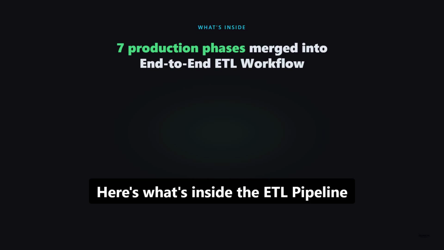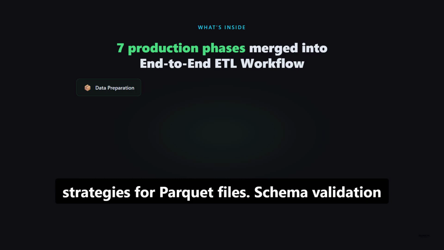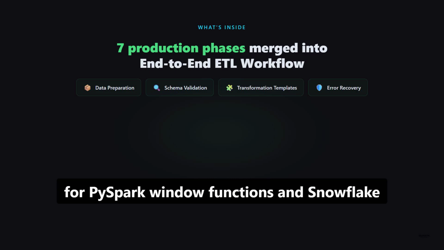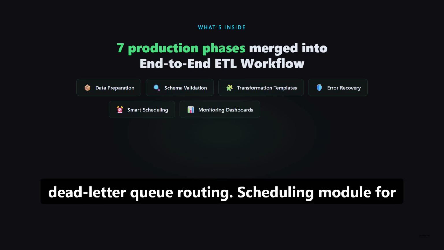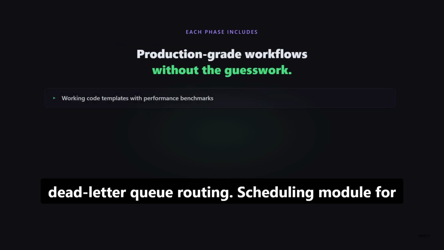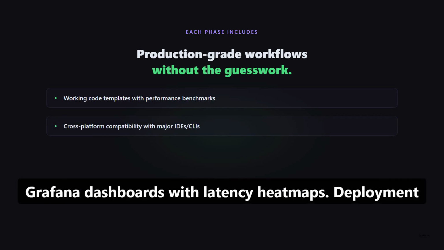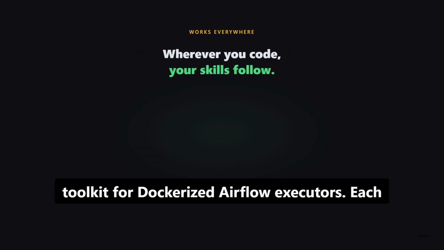Here's what's inside the ETL pipeline pack: data preparation with smart chunking strategies for Parquet files, schema validation using Great Expectations profiles, transformation templates for PySpark window functions and Snowflake stored procedures, automated error recovery with dead letter queue routing, scheduling module for dynamic backfills and SLA alerts, interactive Grafana dashboards with latency heat maps, deployment toolkit for Dockerized Airflow